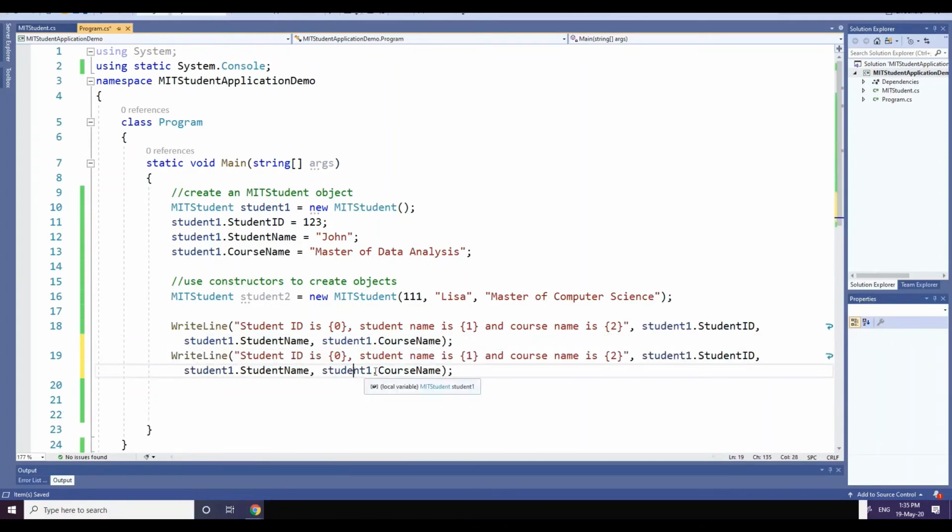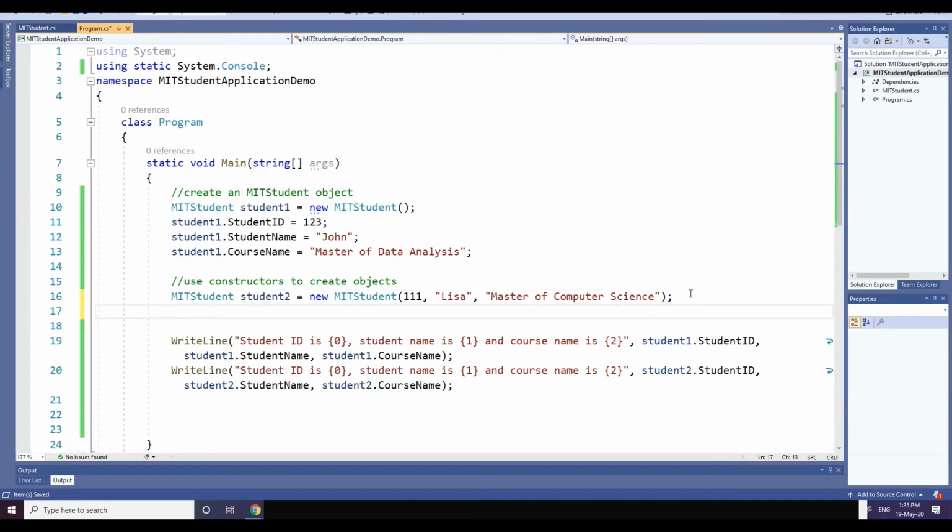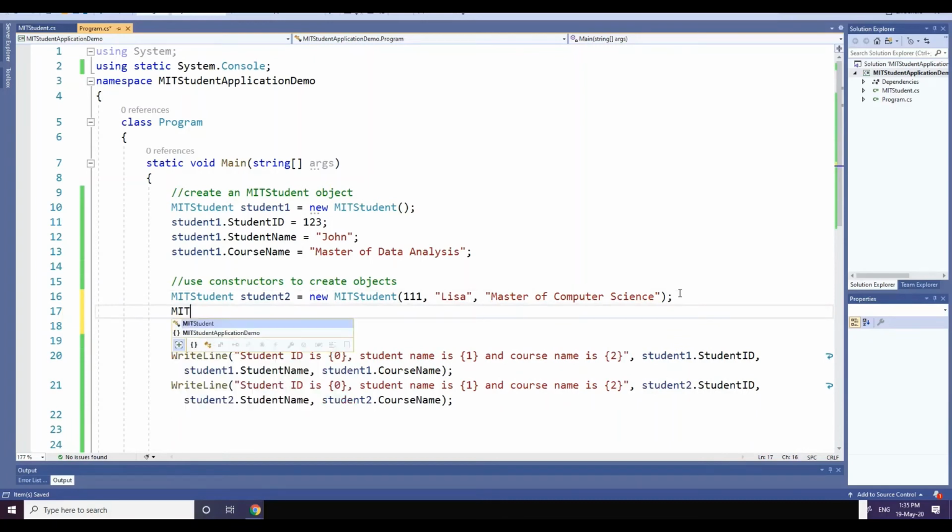But you change this one into student2, student2, and student2 in here. Okay, so that is how you create student2 using a constructor with 3 parameters. Let's say I create another student object, student3, and this time I use the constructor with